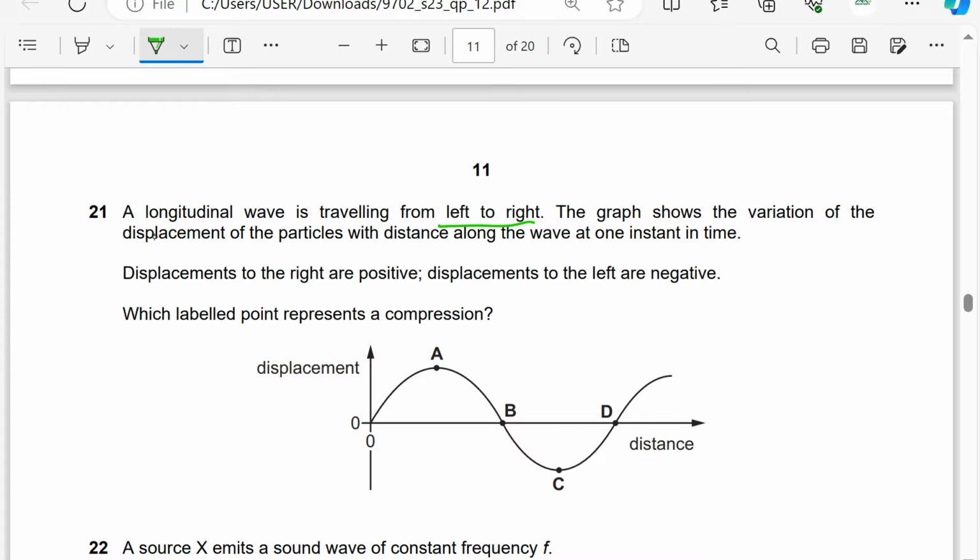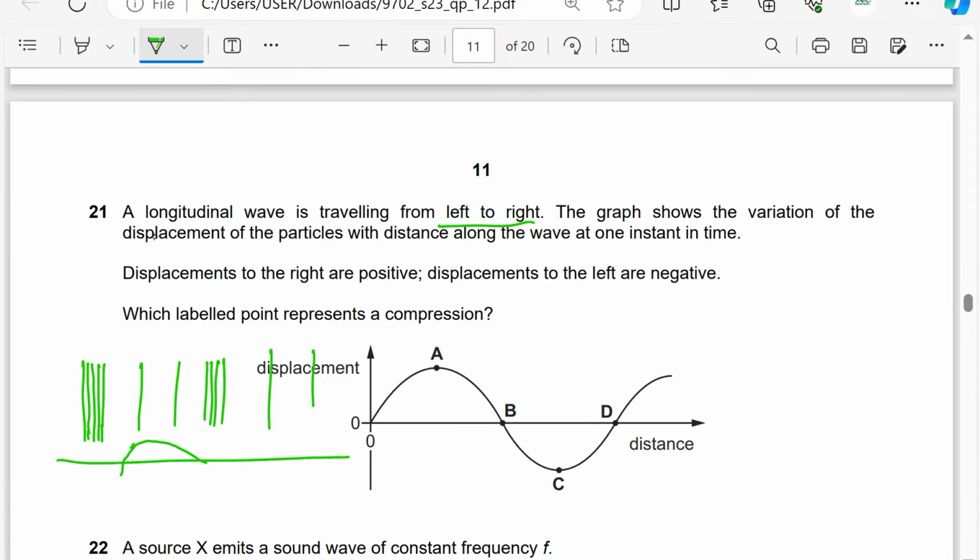represents a compression? Remember, a longitudinal wave travels as compressions and rarefactions. Then compressions and rarefactions. So for compression, we have particles at high pressure. For rarefactions, we have particles at minimum pressure. So if I was to sketch a graph, because at compression particles have minimum displacement, almost zero displacement. So here where we have a rarefaction, it is going to be maximum displacement, and here where I have